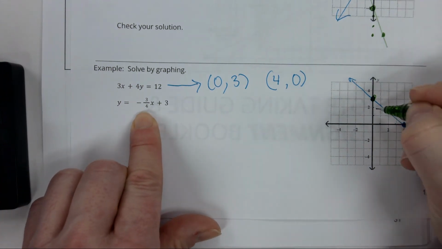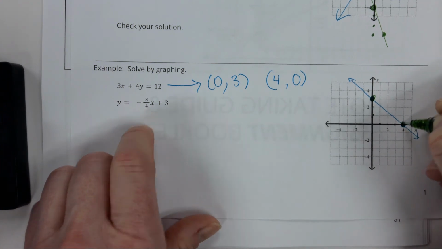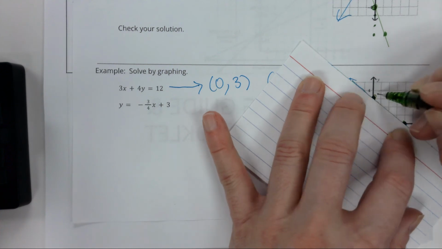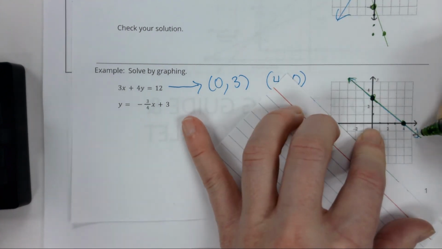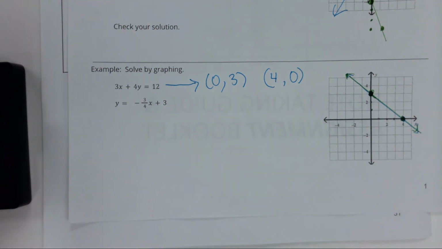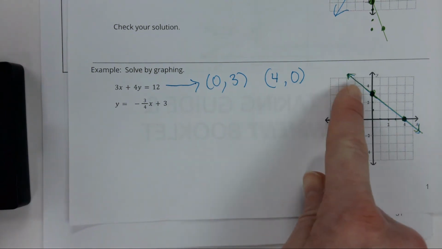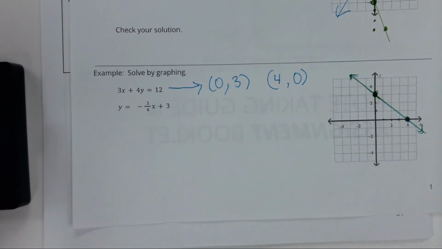Down 3. 1, 2, 3. Oh, what? It's the same. It's the same thing. Oh, that's crazy. Okay, so it is a double line. I like that. Double line. Okay, so how many places does the line intersect? Not twice. It doesn't intersect at every single little point on the line. Yes. Okay, so when they're the same line,